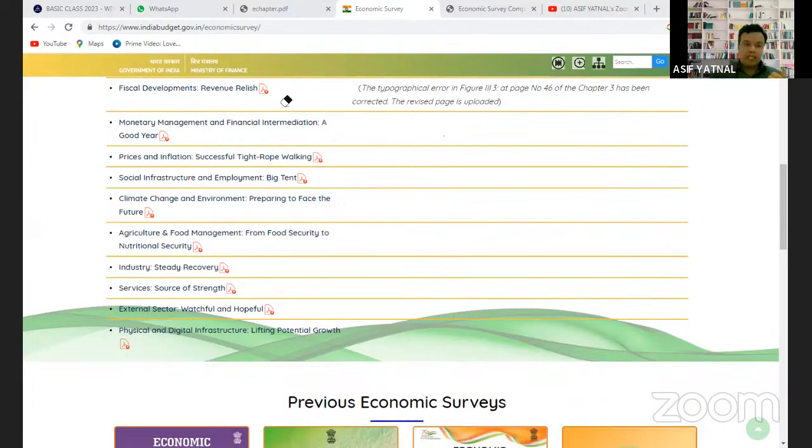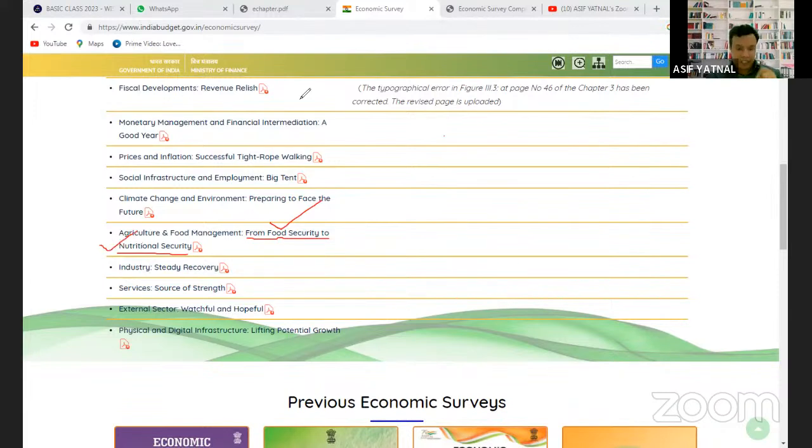We are trying to encourage farmers to cultivate and grow more and more millets. We are also trying to create an ecosystem, a proper supply chain management of millets here. So we are celebrating the International Year of Millets. Why are we celebrating it? This is very important, and I am expecting that a question can be asked in the mains exam on this concept, that we are moving from food security to nutritional security.